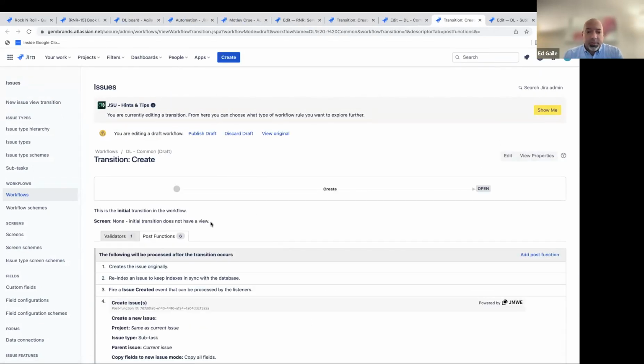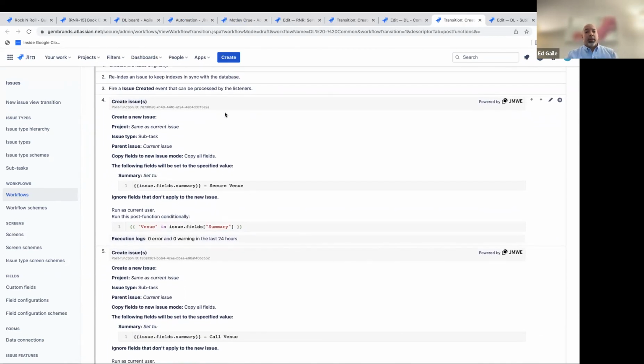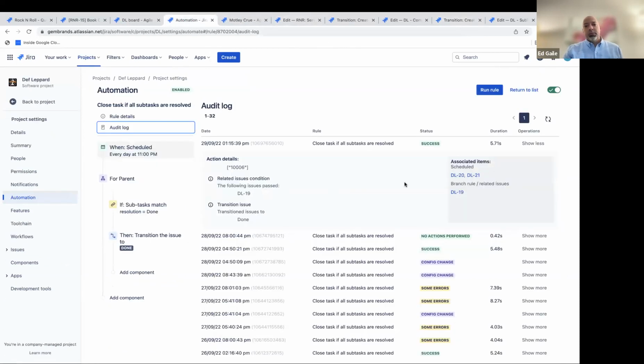Now, when I got to my task in my Def Leppard product, that's not necessarily project specific on this one. I said, okay, once I have it coming in, now I'm using JWME. So I use JSU, now I'm using JWME to create my subtasks and link those. And then I use my automation for Jira to close my task out when those were closed out. So again,